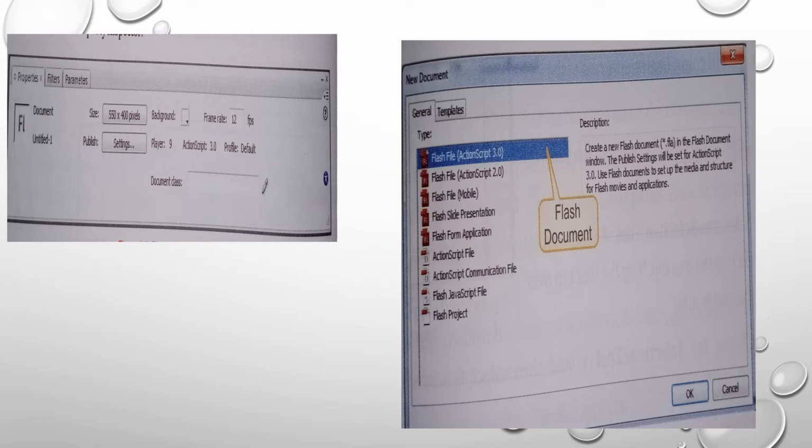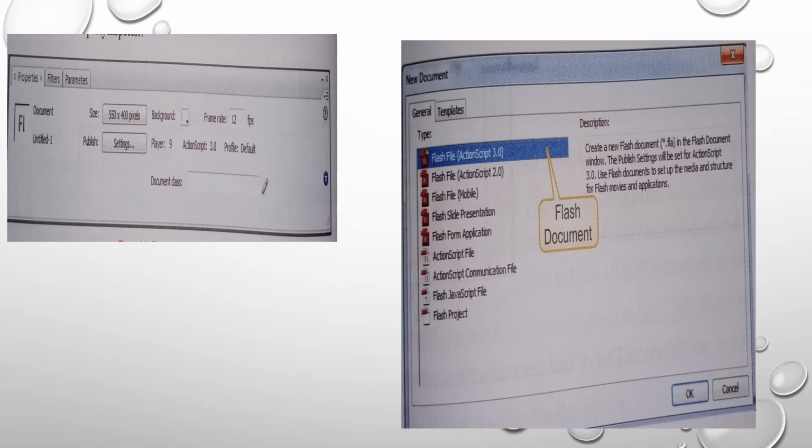To change the frame rate, specify the speed of the movie in frames per second. By default, the frame rate is 12 frames per second. To specify the stage size in pixels, enter the values of width and height in the corresponding text boxes in the Dimensions section.